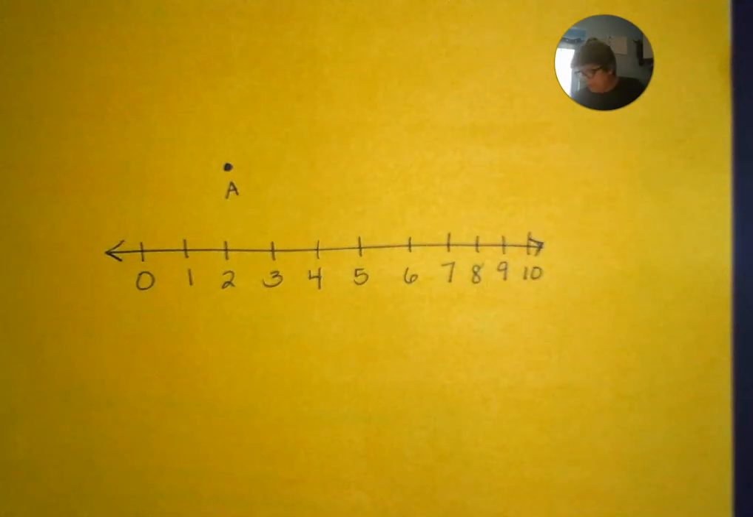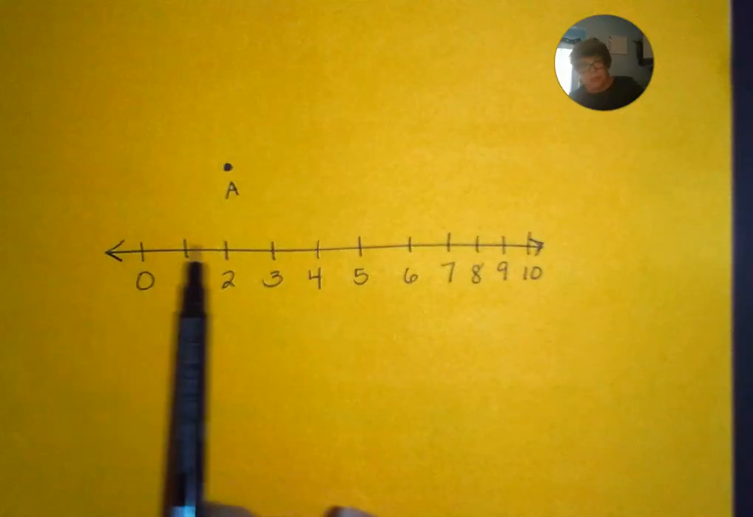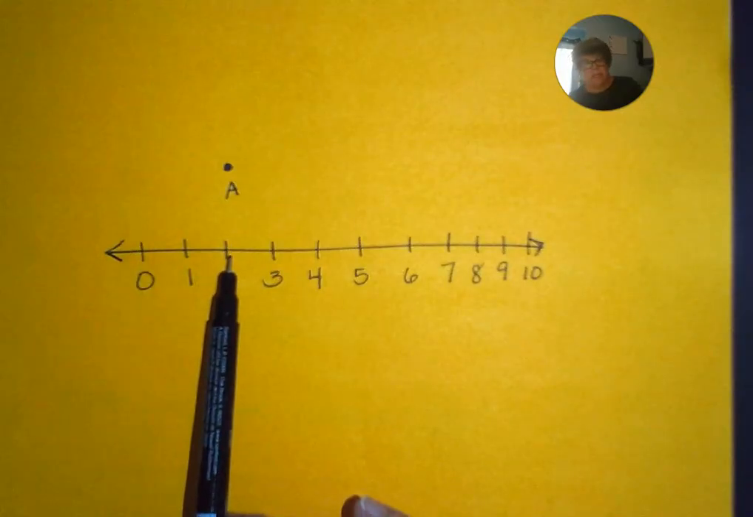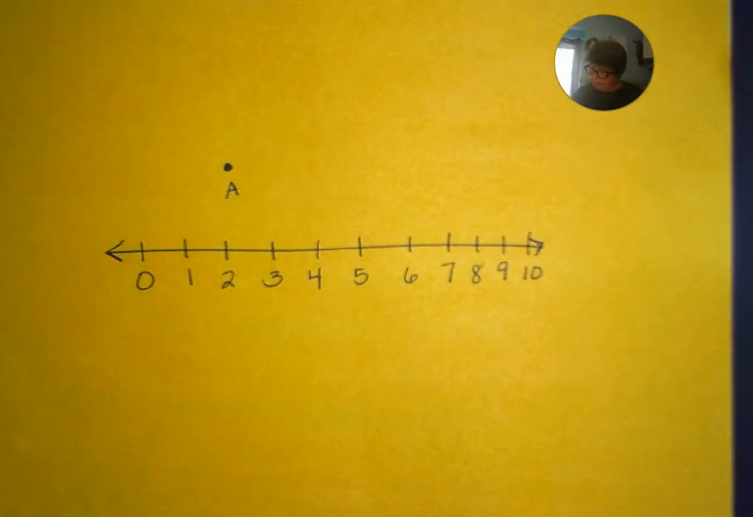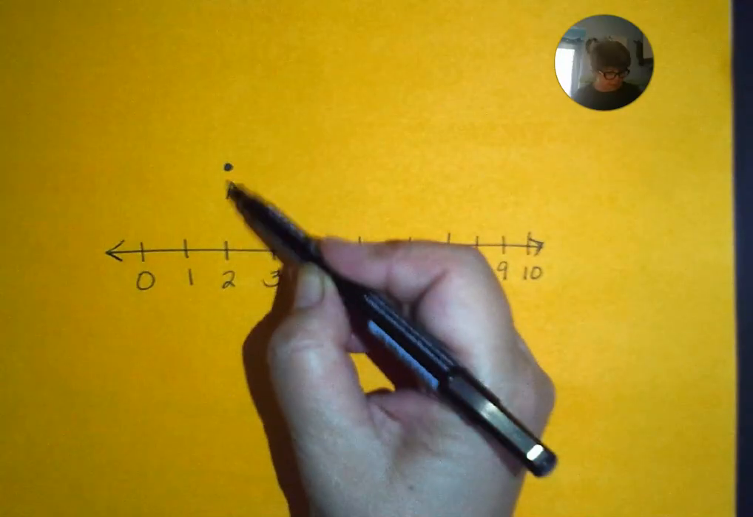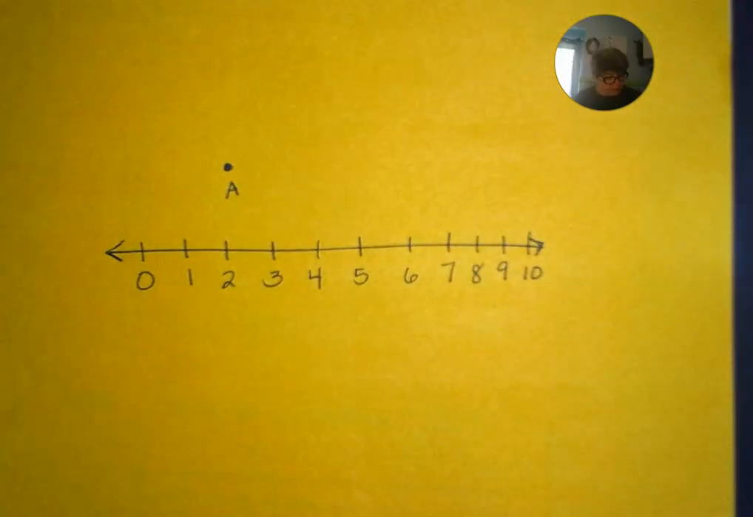We could say that it is near number 2, right? Tick mark 2. But how can we describe that it's above or how far above? We could measure maybe how far above there. All right, so point A is in the same plane as a number line